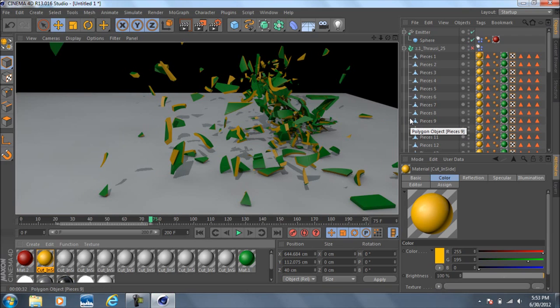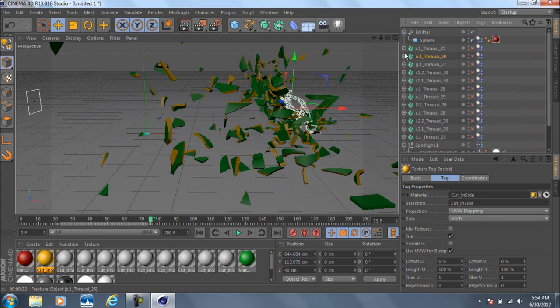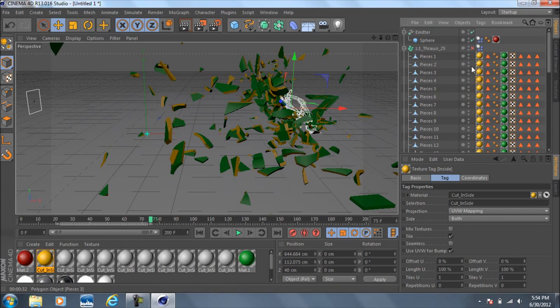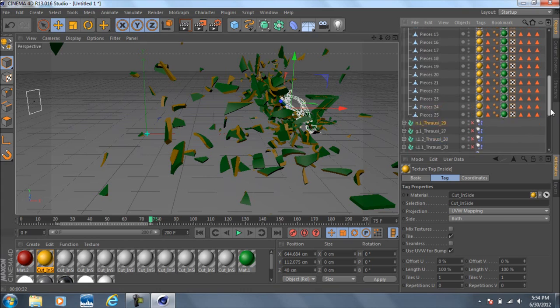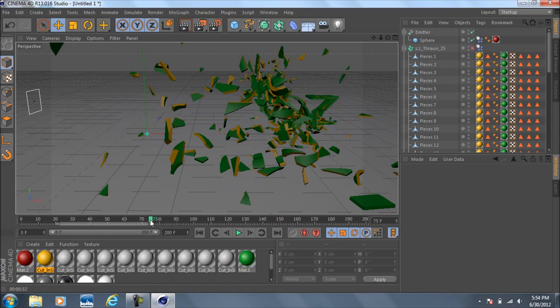Alright, so you can see now that the inside of the text that breaks is yellow and not that dull gray color, which adds a little bit more to the video and makes it a little more interesting to look at. And by doing it that way, it's a lot easier than going to each individual material here and changing the color. I didn't know that in one of my videos at the time, and I was doing this manually one by one, and obviously if you have a lot of pieces like this for each letter, that would take you all day. So it's very good that we have that option to color all of it with a few single clicks. So if we watch this one more time,